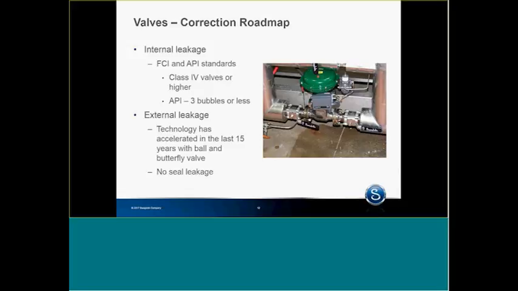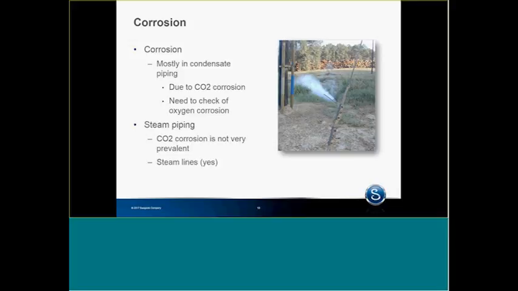But anyway, look at changes in valves. Corrosion. The thing is that in condensate systems, most of the corrosion is due to CO2 corrosion, carbonic acid. In the boiler plant, we are treating it with amines, either a filming or neutralizing amine, to counter the carbonic acid. The thing with leaking condensate lines is that if you allow the condensate to cool down to roughly 204 degrees, the CO2 corrosion gets very aggressive and can eat through Schedule 80 piping very fast.